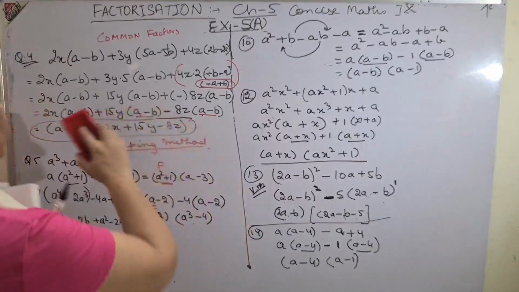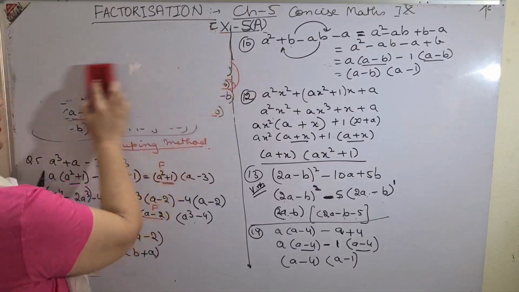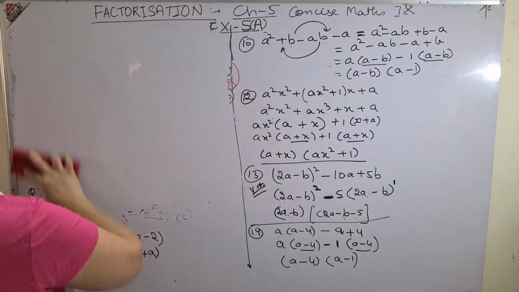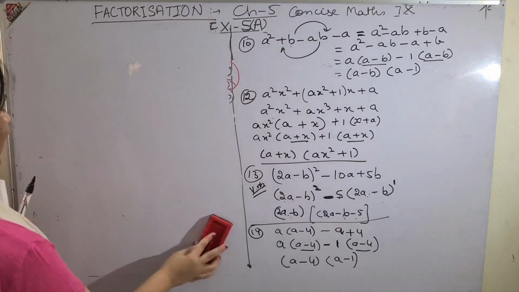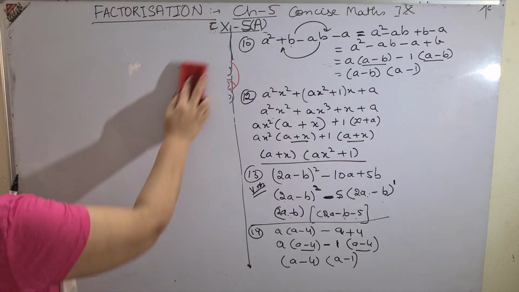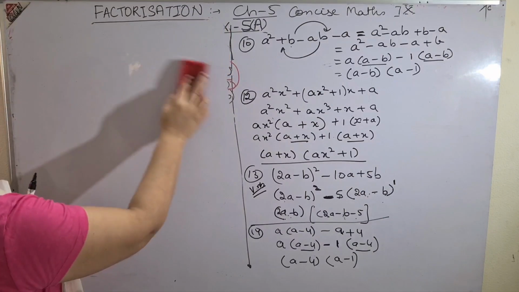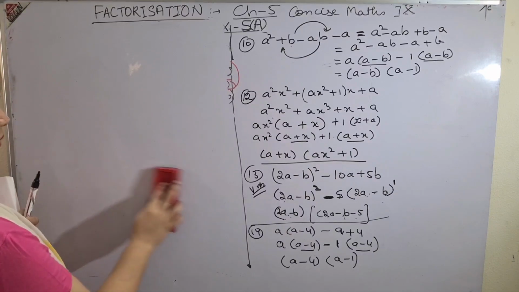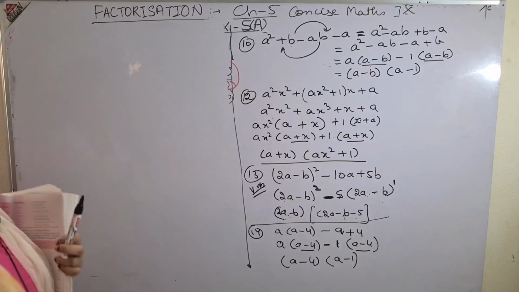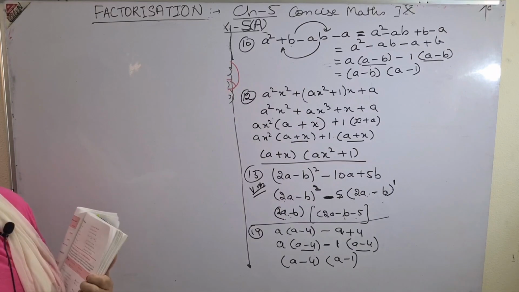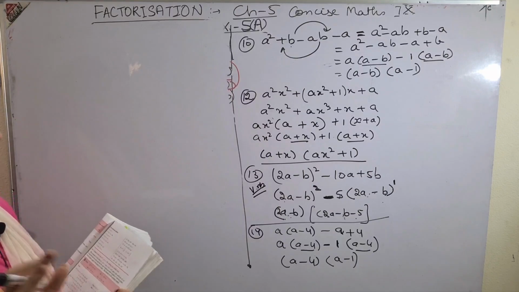So children, you must be thinking, ma'am, how is ma'am doing this? Very simple. Always keep in mind that you have to group it. Group it in such a way that you get the common factor. And the second most important thing in this type of sum is that you need lots of practice. The first time you do this sum it will be a little difficult, the second time it will be less difficult, and the third time you are totally thorough with this exercise. Trust me children, but do it nicely.